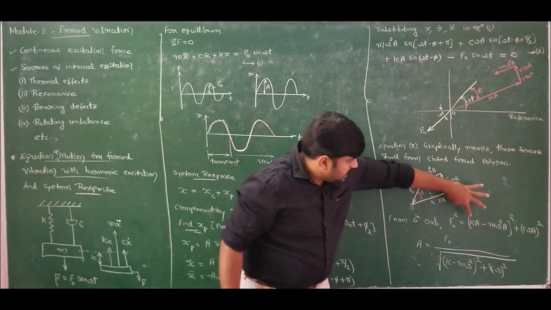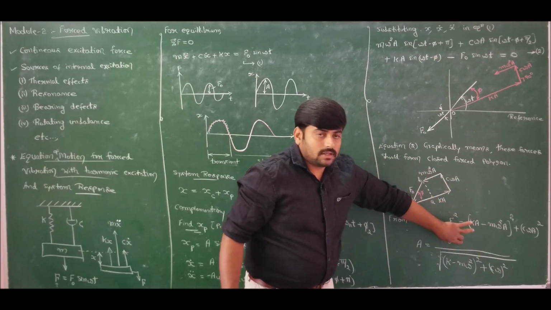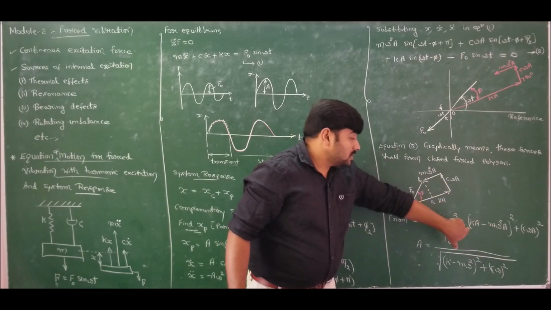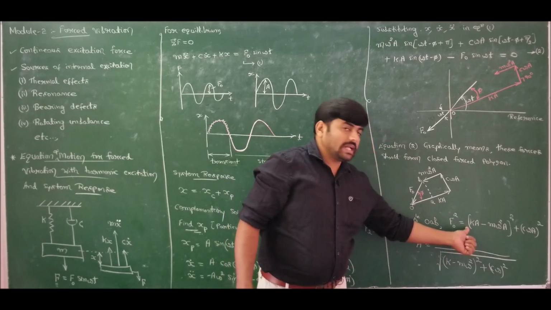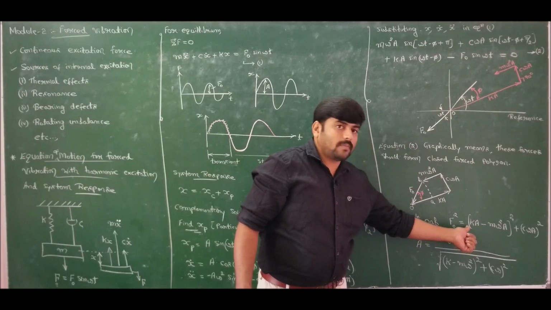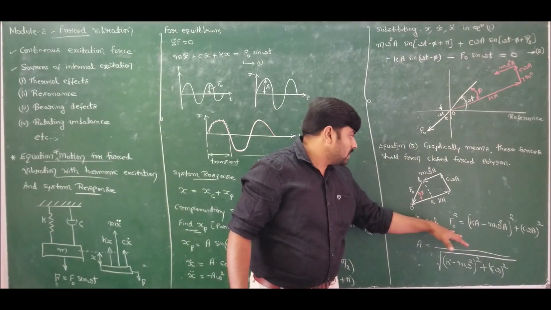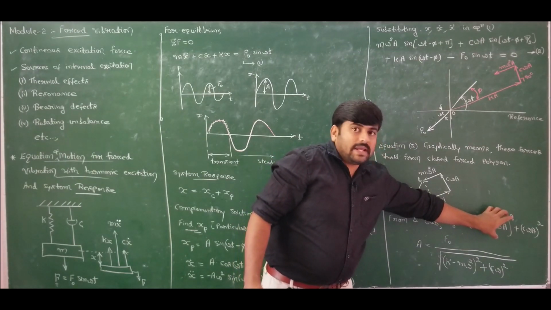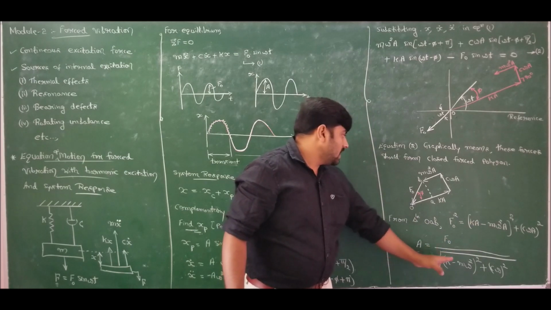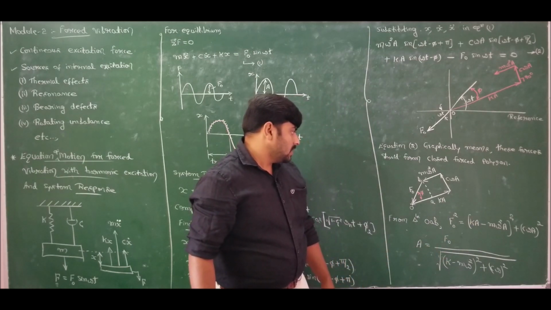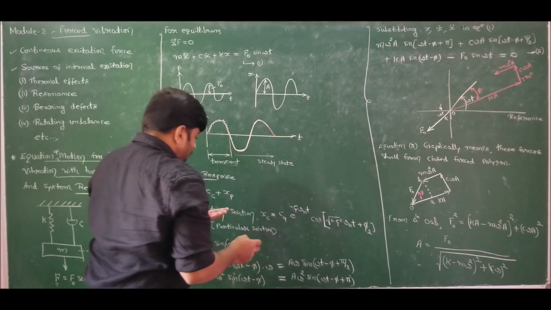I took A square common and sent this to the left hand side denominator, and taking square root on both sides. So if I take A square common throughout and send this to the left hand side denominator, it will become F naught square by the remaining part after taking A square common. Now you take square root on both sides, you will get this one, correct? Yes. Now the further simplification will yield us